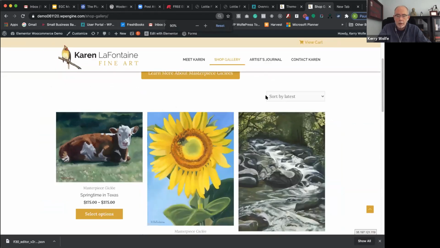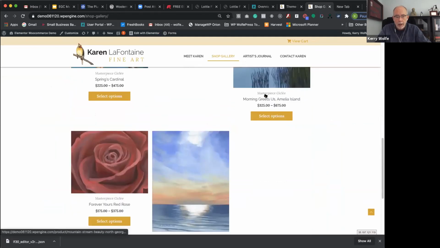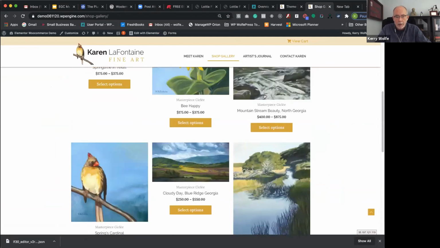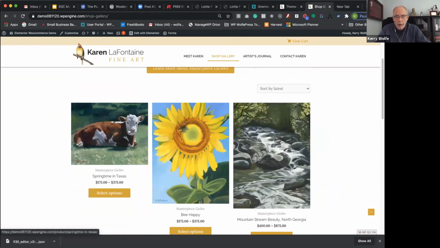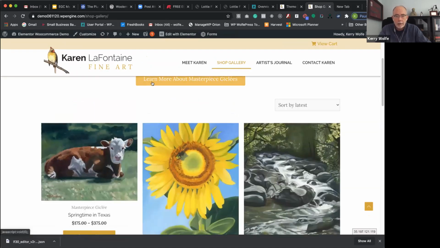See if I can make it a little smaller so it's easier to see. And she's got different size paintings. She specifically wanted the images to not be all the same size because not all the paintings are the same size. So that was something to take into consideration. And let me admit somebody here. Okay. So this is what, and then if we click on an individual product page,